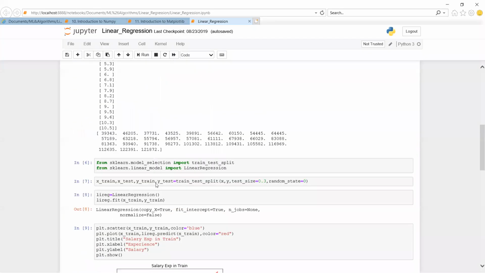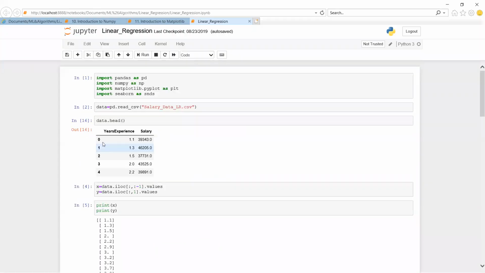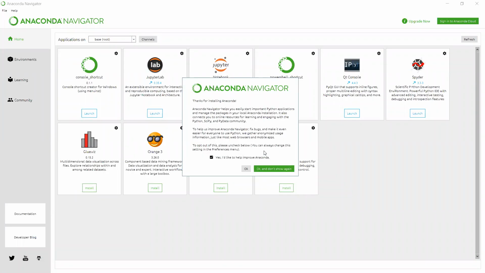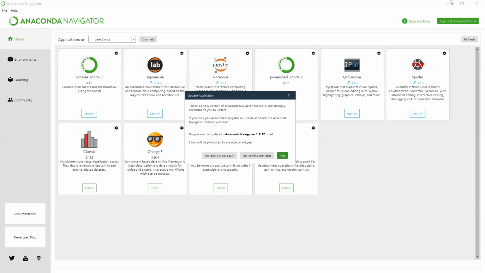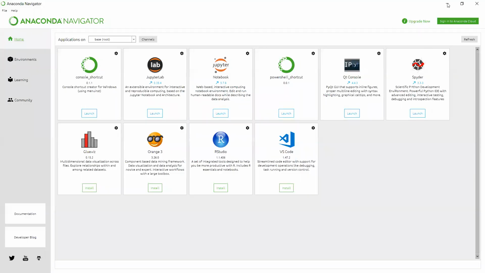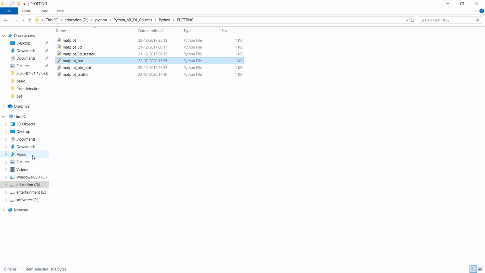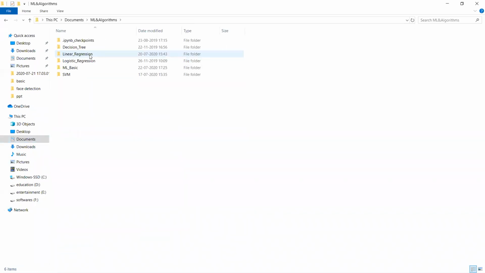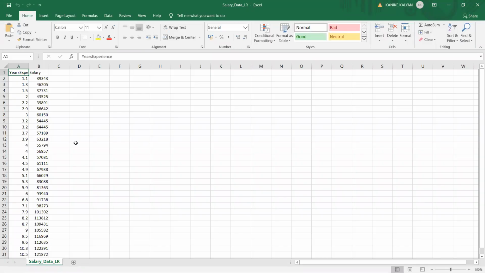So here you can see this is our data. I'll open it separately. Here this is our data.